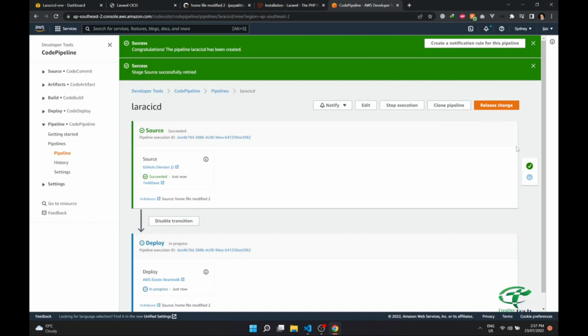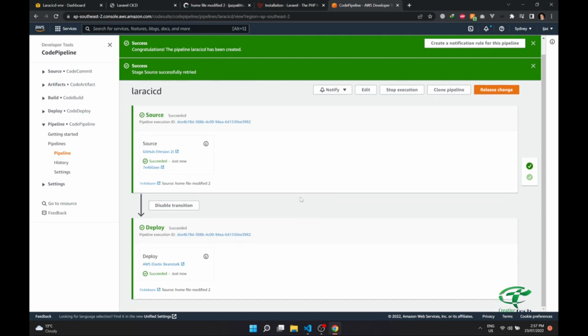So as you can see, it is automatically pulling the code from GitHub and updating itself. So we have successfully updated the code,